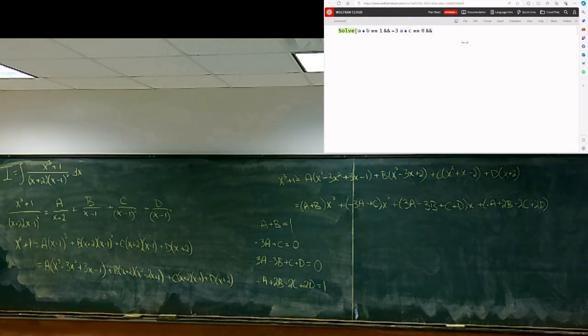Double ampersand. And you do this for each equation in the system. Plus c plus d equals 0. And finally,